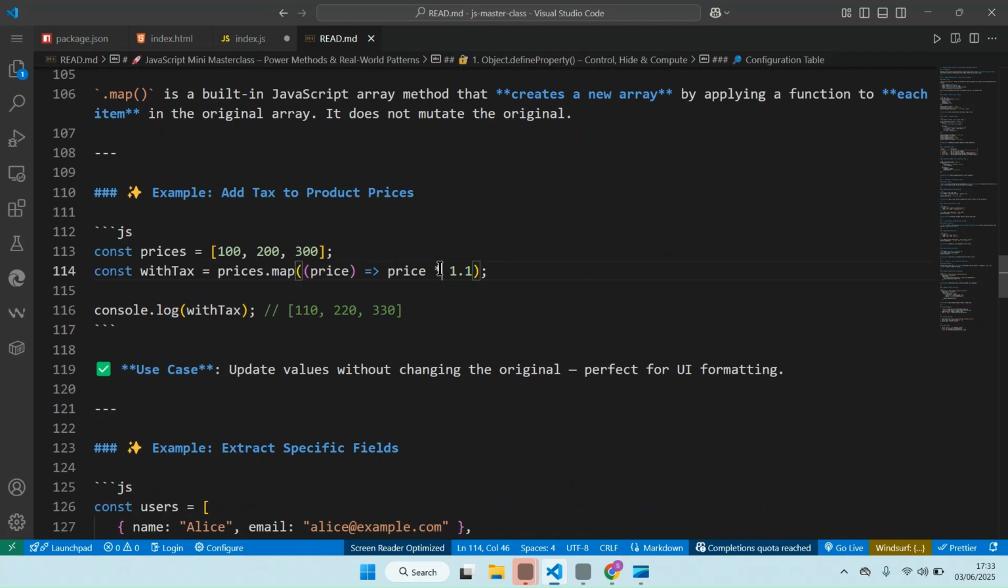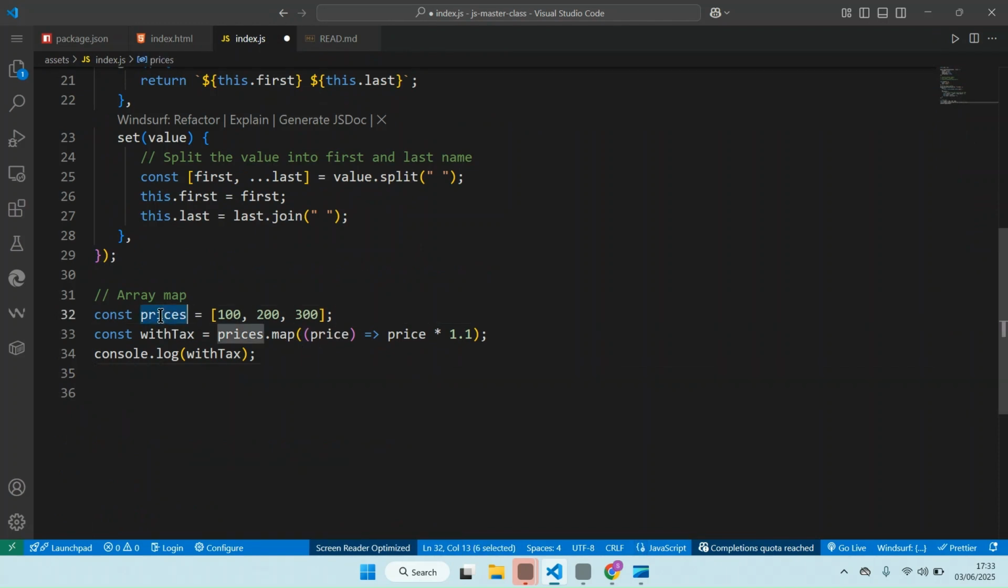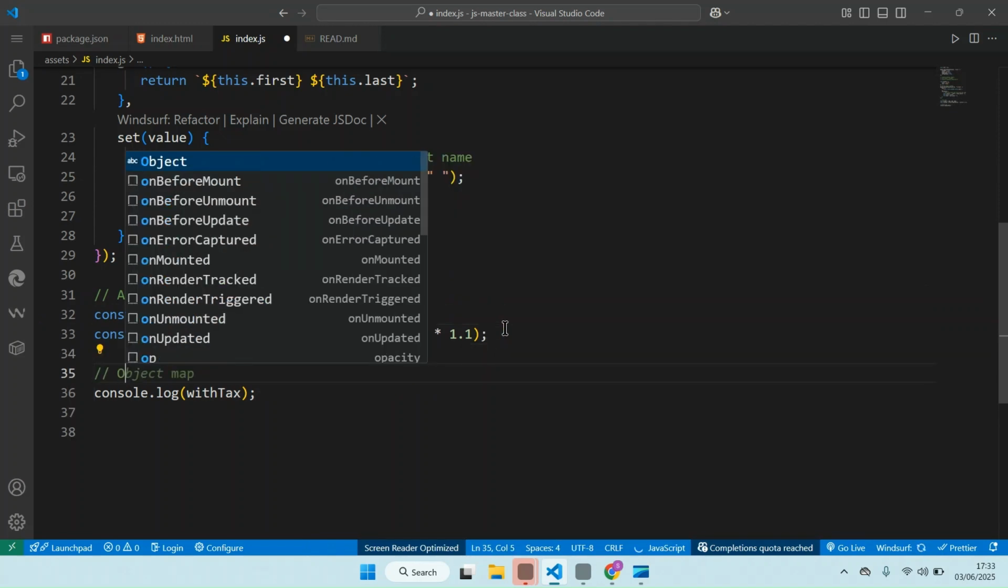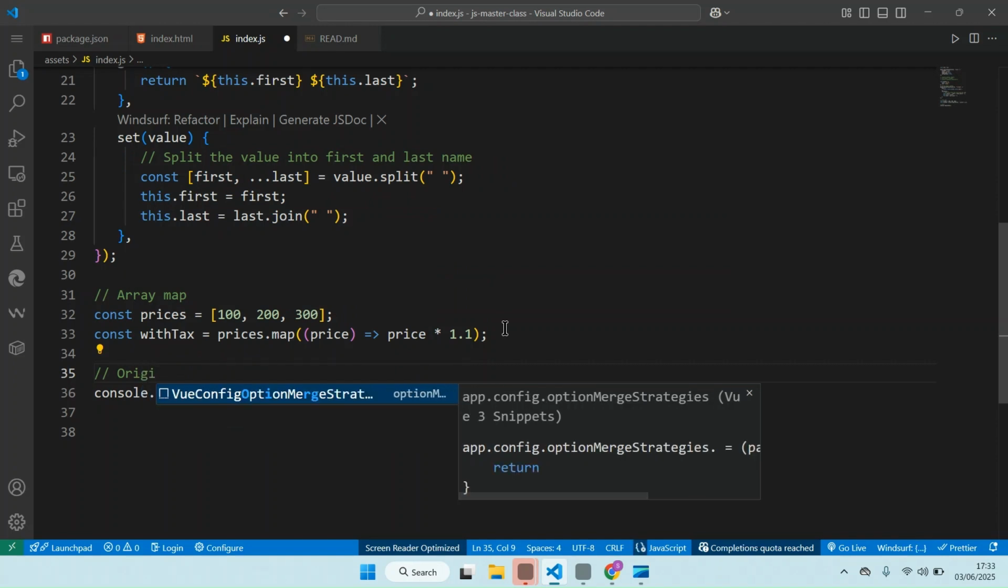Array map. For example, we define prices here, and we want to include the tax. Let's say price times 1.1, and then we show the price here. The first thing is that array map does not mutate the original array. So if this is the original array prices, I can console.log the original